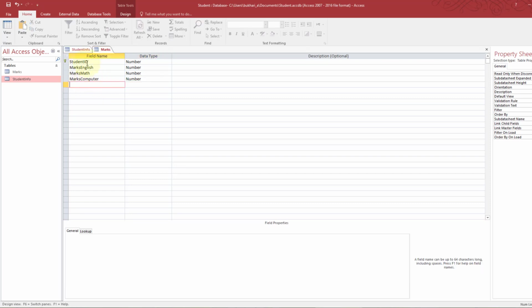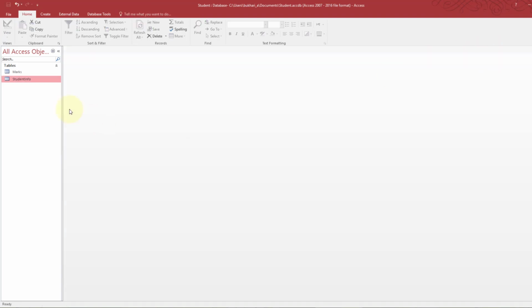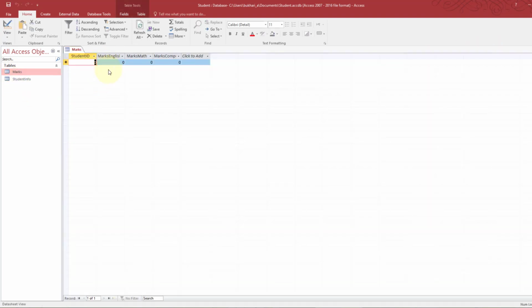So here we have a table of marks. We can save this one and close it. So once you click this, it's going to ask you the details and you can enter it. So this is how you create table.